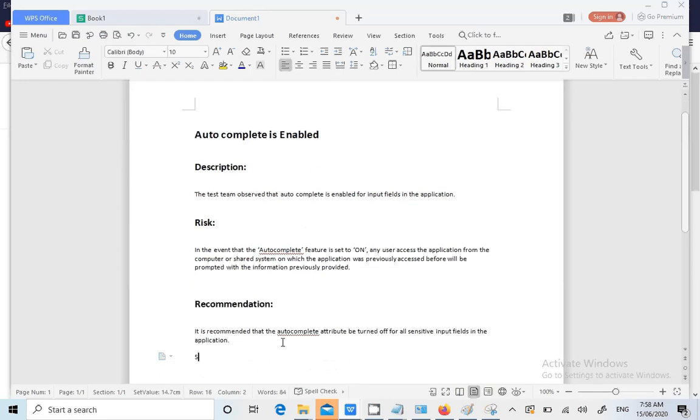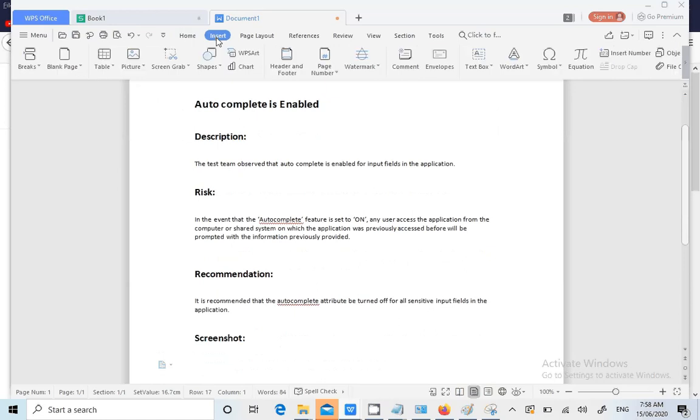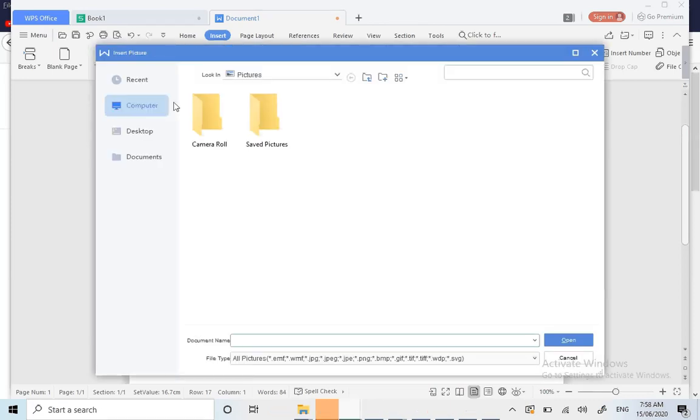Now screenshot. Click on insert, picture from file. This is for only one issue I am showing, so that I will not waste your time in the next sessions.